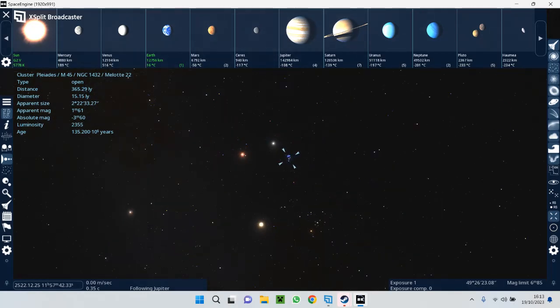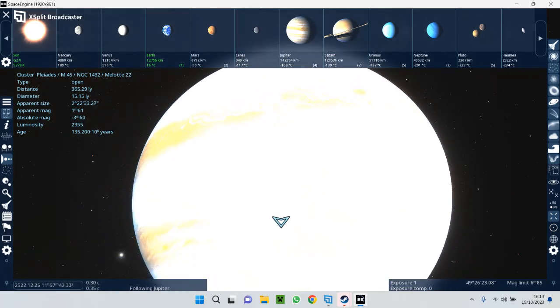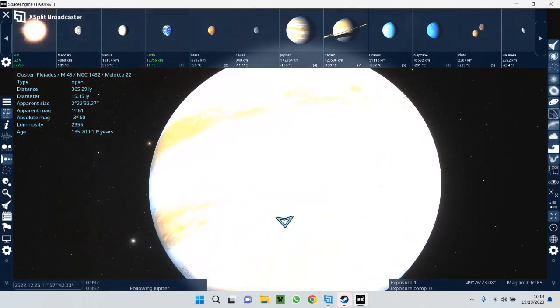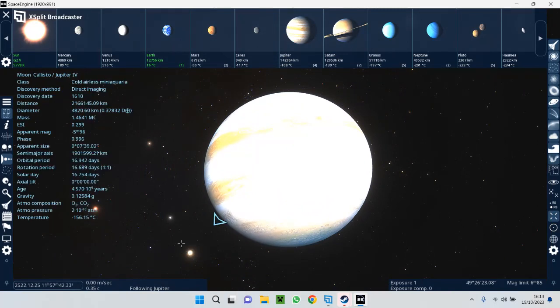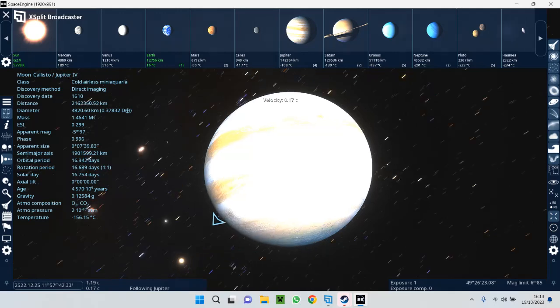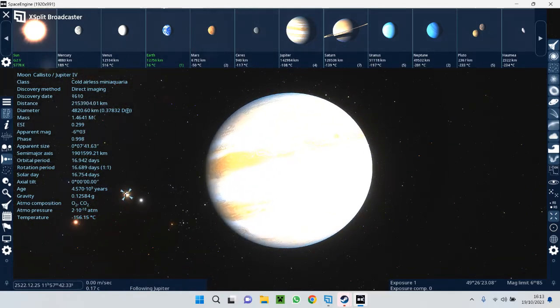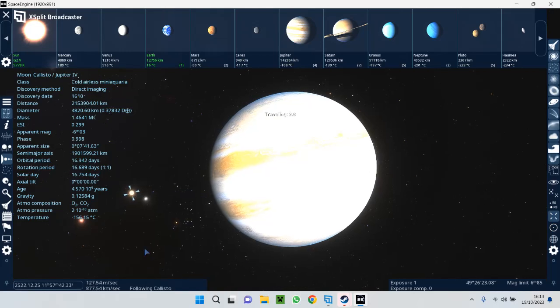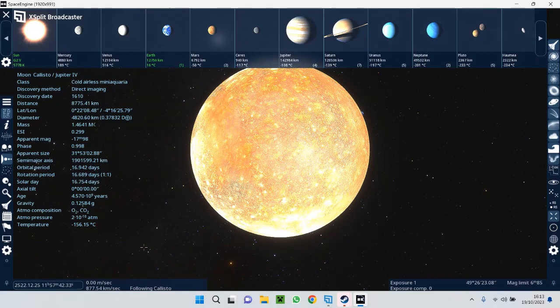Really odd. Is Callisto. That's a cool moon.